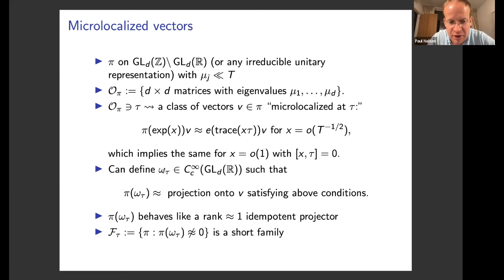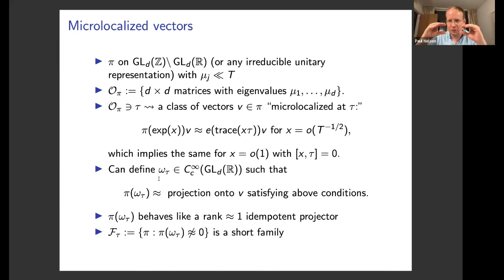The pseudo differential operators are basically the pi omega taus. The way you think about them, which is not the perspective I've emphasized here, is that if you take omega tau, pull it back to the Lie algebra, and then take the Fourier transform, that gives you a function on the dual Lie algebra that has a very simple shape. For the omega taus I've indicated here, I should have included a picture in my talk, you take the coadjoint orbit through the point tau, and